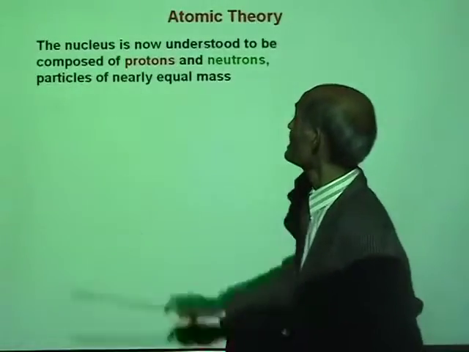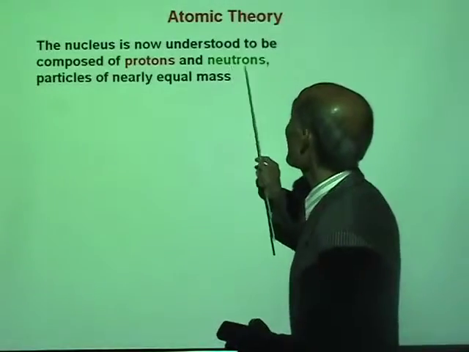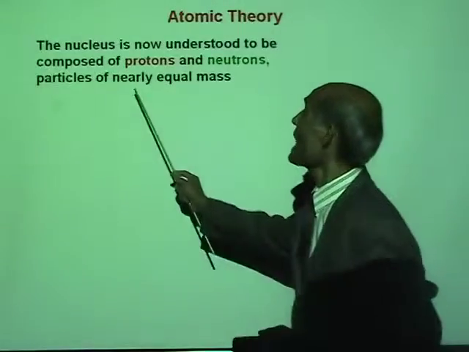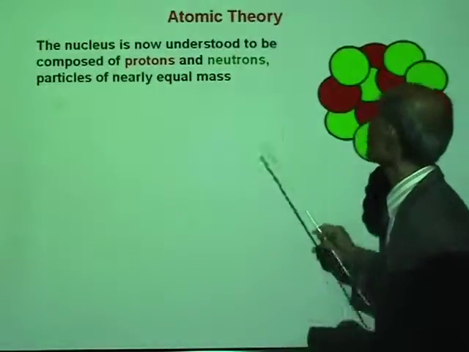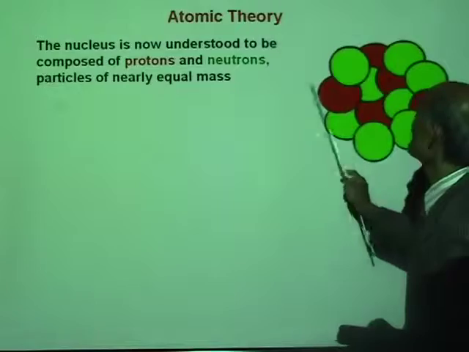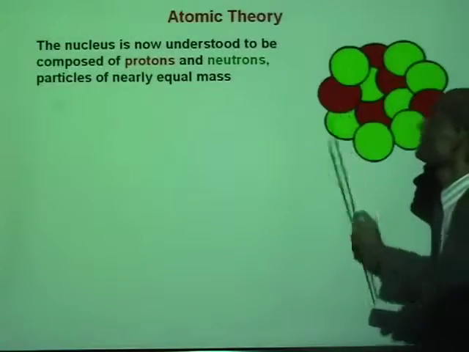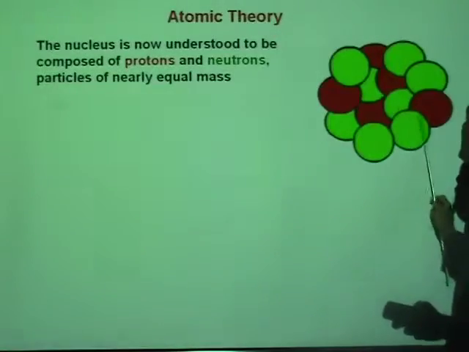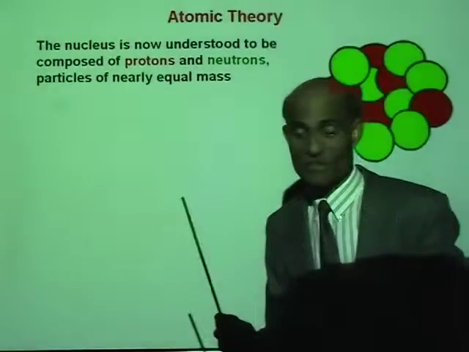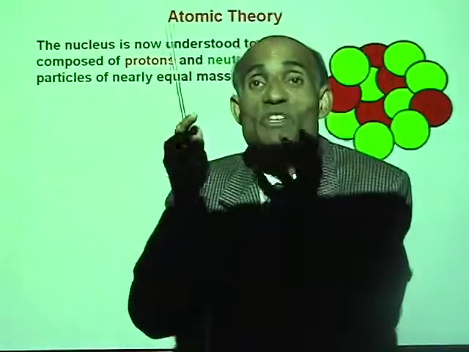The nucleus is now understood to be composed of protons and neutrons, particles of nearly equal mass. You can see I use protons red and neutrons green. This is the nucleus that consists of protons that are positively charged, neutrons that are electrically neutral, and they coexist,